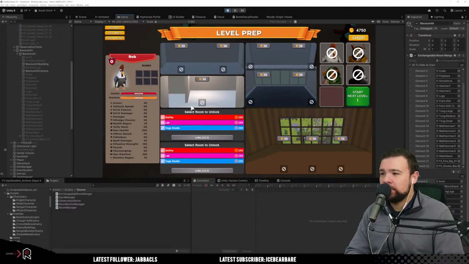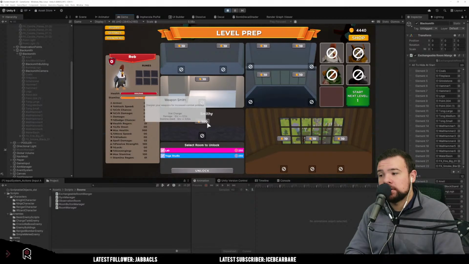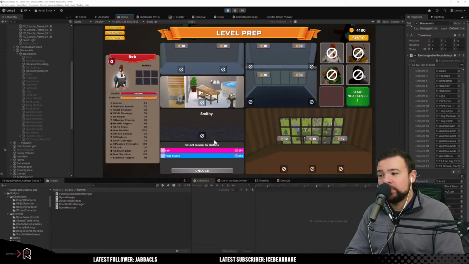Okay, so we know the spar works. What happens if I click Smithy unlock? Nah, wait a minute, that is the blacksmith. Okay, but it didn't work. Interesting. So it kind of worked, but not really. Okay, well I have to check how that functions. Oh, I think it might be...